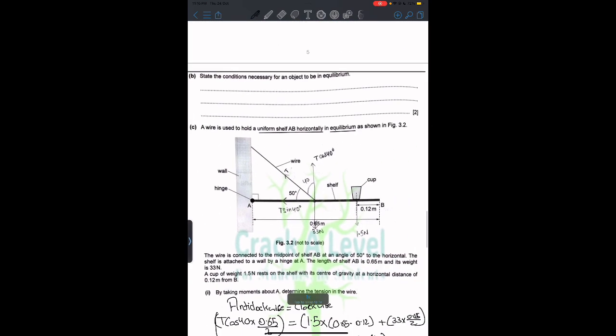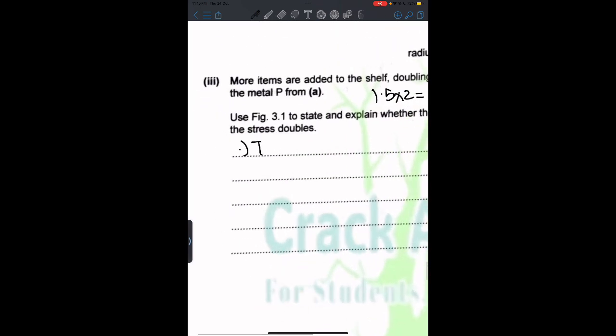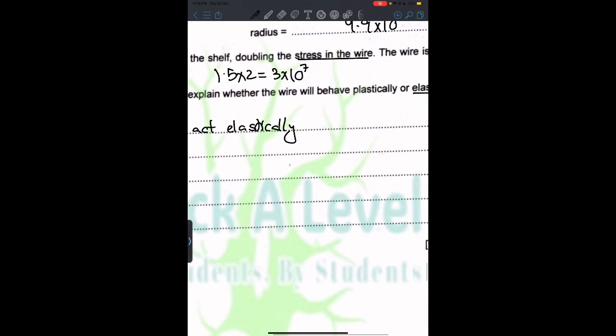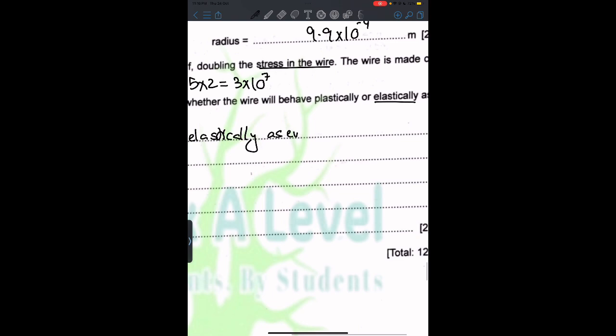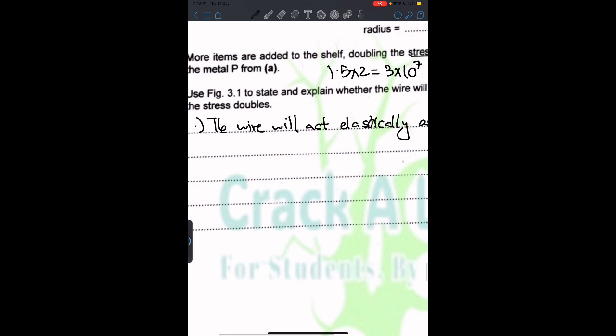So you can say that, number one, the wire will act elastically. Don't write it in bullet points, I'm just doing it because it's more convenient. Elastically, as even after doubling the stress, it's better if you write the value of stress,